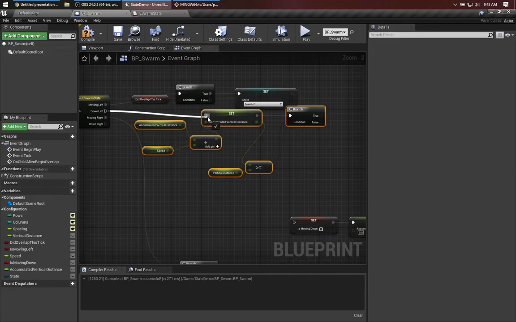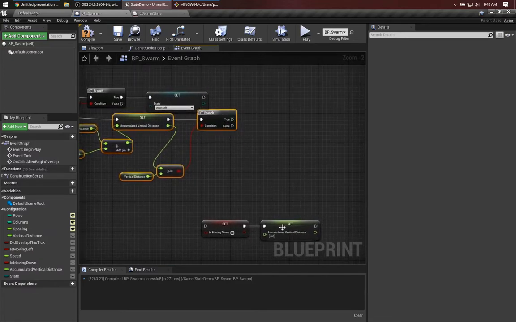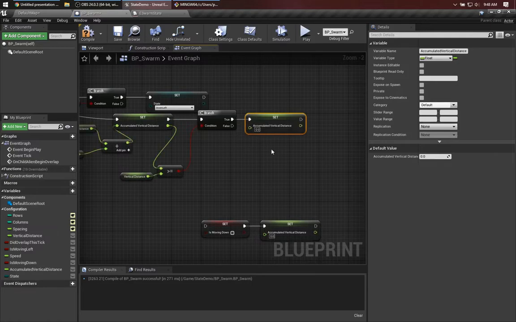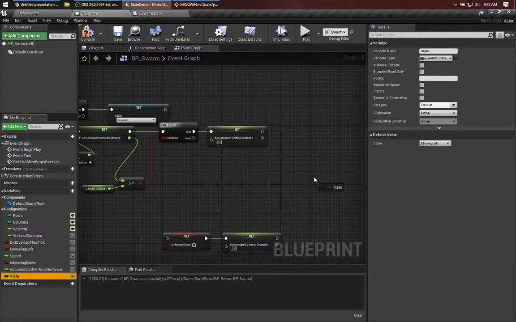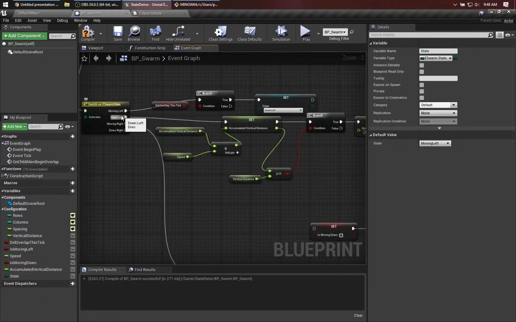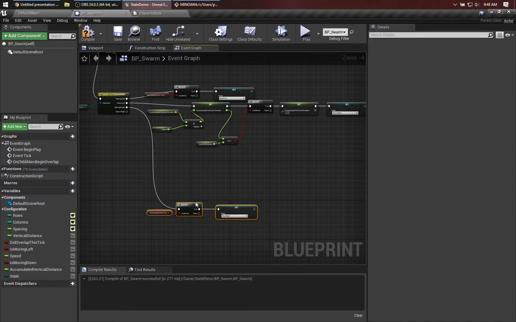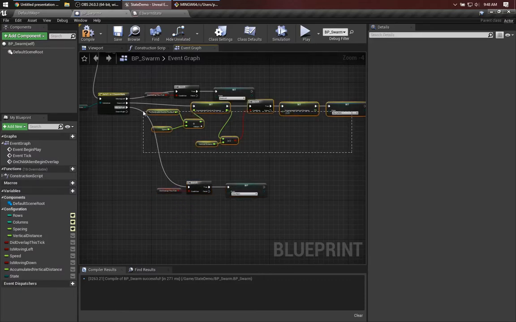All right. If we're going down left, add up the distance, check to see if we've exceeded the value we need. If so, reset that value and set the state. We would be moving right then after this. This is where we're going down across the left side. Okay. And for now, let's just copy that